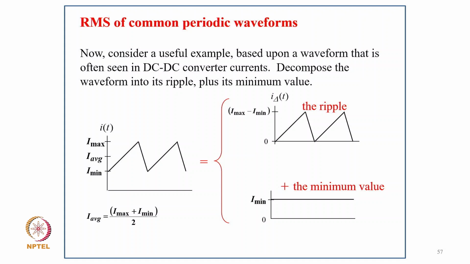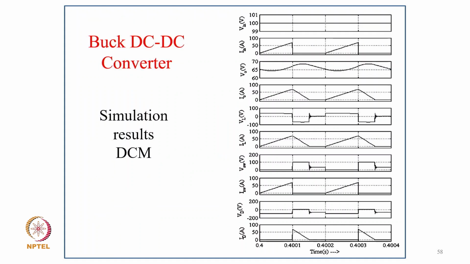In practice, you can say I average equals (I max plus I minimum) by 2, and that is how I minimum and I average change. You can say delta IL will be I max minus I minimum. If you take that I minimum, you can see how the ripple current is there. Now you can see the waveform, typically for discontinuous conduction mode of a buck DC-DC